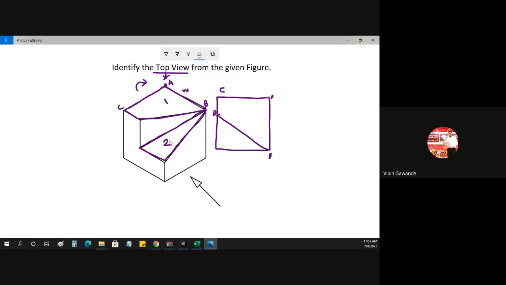Whenever there is a top view, we have to transfer the surfaces to the top. So it goes upward. You have to transfer these two, the second surface, to the top. When it goes to the top, it looks like a triangle. So this is the second surface, this is the first surface. Okay, so now you have your top view.